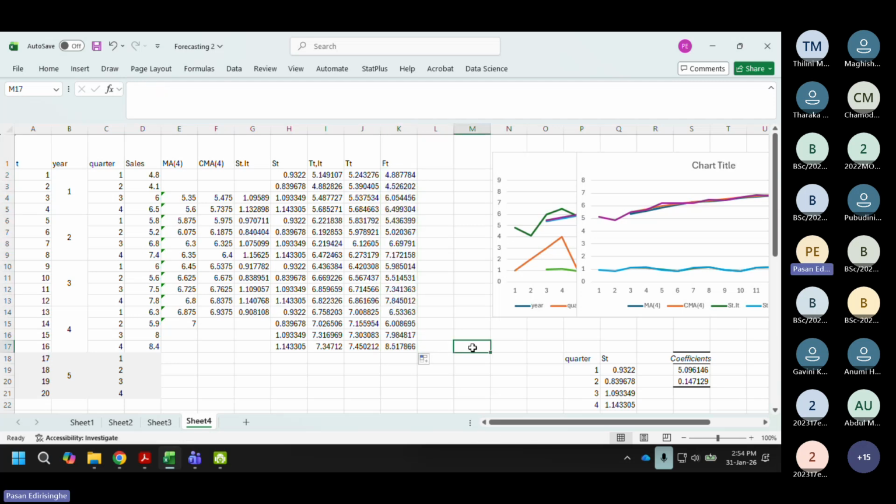So that's my forecasted values, and then of course we can extend this to the future, right? So now if I predict it for 1 year, then I can extend this ST by taking these 4 and putting them there. And then the trend, of course, now I can extend this line as I have that 17, 18 and so on, right? I can extend this line here and then I can extend this one. So these are my forecasted values. So then if I plot them,